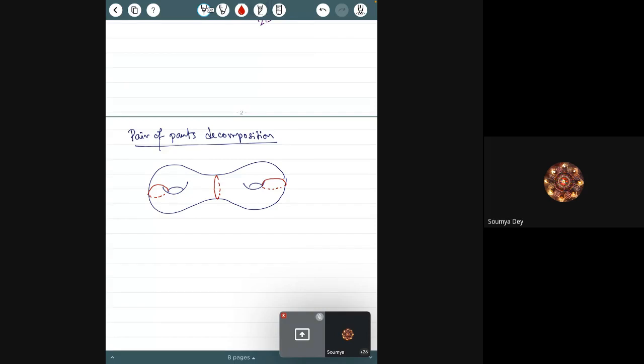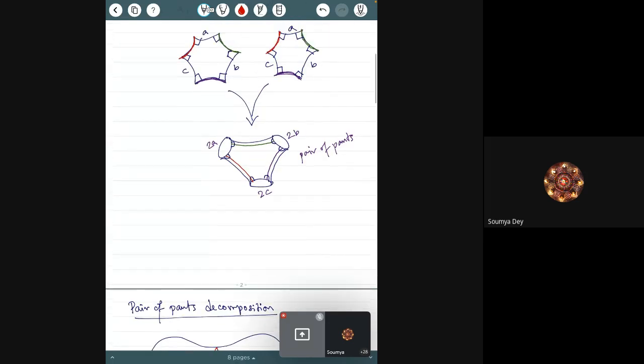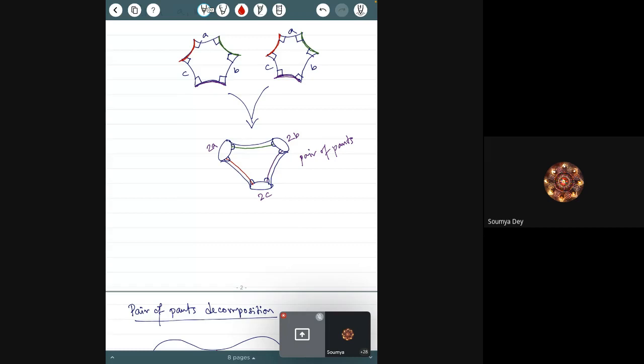So here we had started with a topological surface, and then we considered a pair of pants decomposition and cut along these pair of pants curves, right? These red curves. What you will get is a set of topological pairs of pants. Now, using this construction, okay, suitably choosing these lengths, what you can do is,